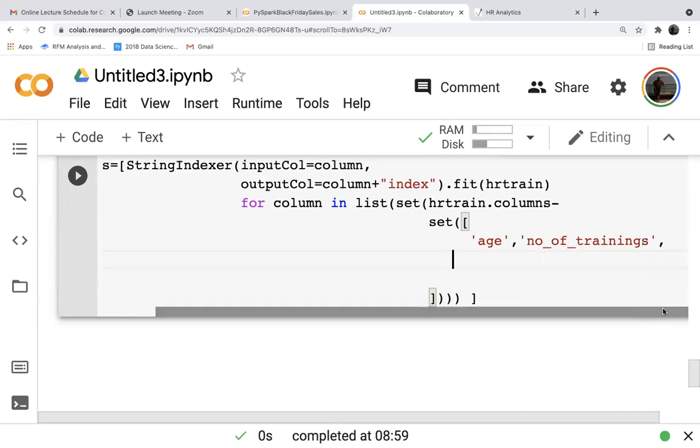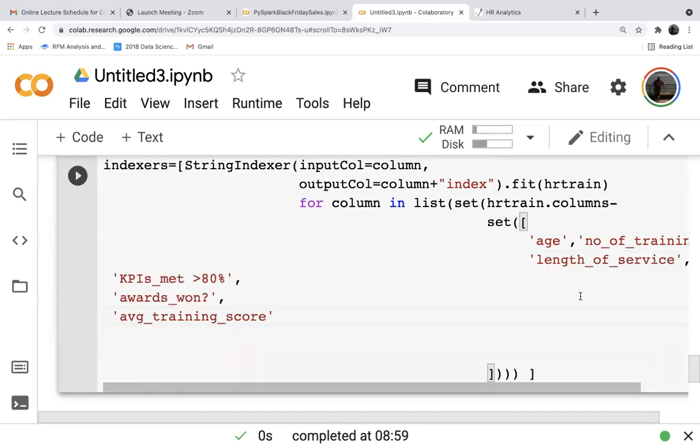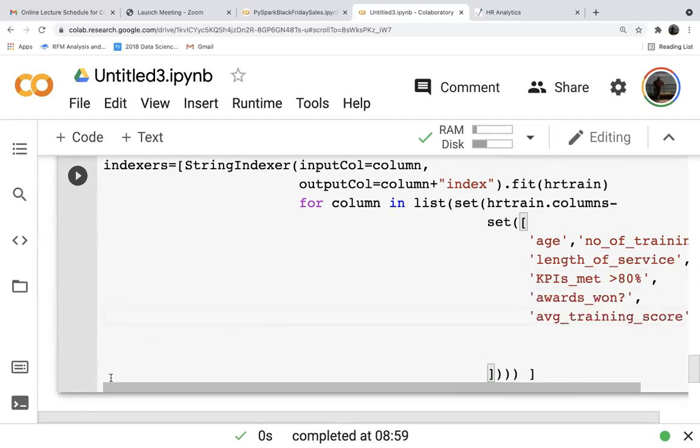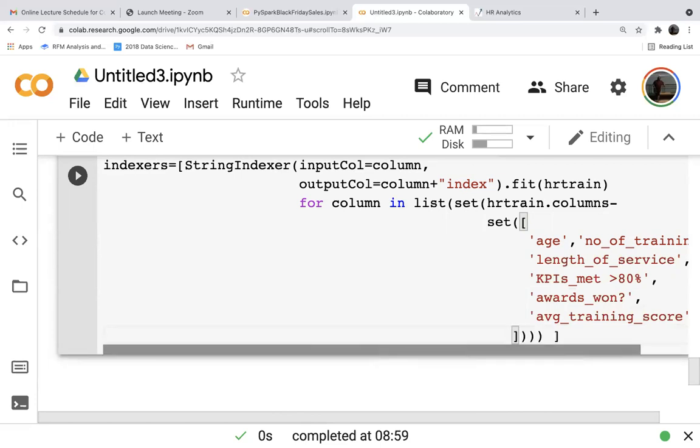So previous year rating is also numeric, right? No, ratings are categorical. How can you treat them as numerical? No, 1 to 5, there is a difference between 1 rating and 2 rating. That's ordinal. You can only treat them as numbers if the difference is equal.